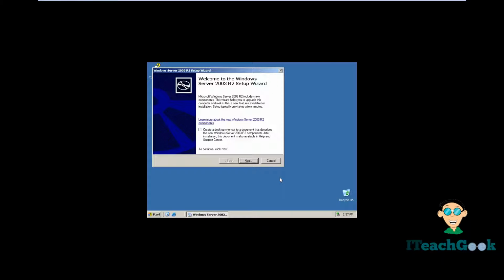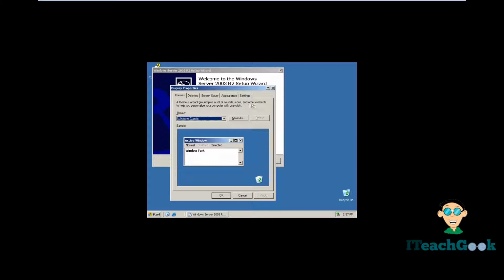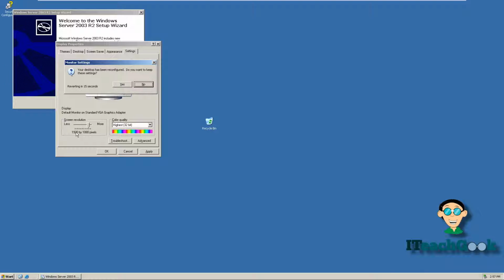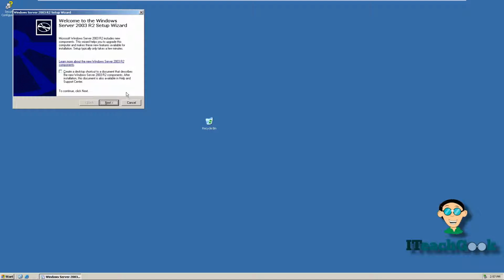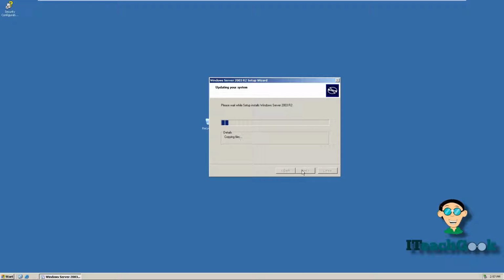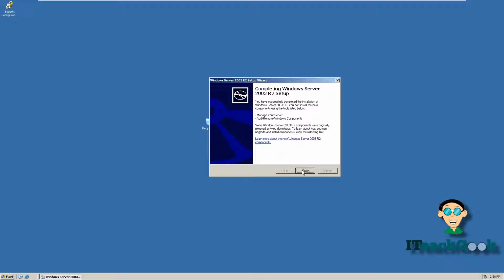Okay, when Windows first opens up, this should pop up if you haven't updated to the new release. You can go ahead and do that if you want. Usually when I first come in here, I like to change the resolution to make it look a little better so we can see better. That's much better. And if you want me to walk you through this, I'll walk you through this real quick. Go ahead and press next. Next. After it's finished,